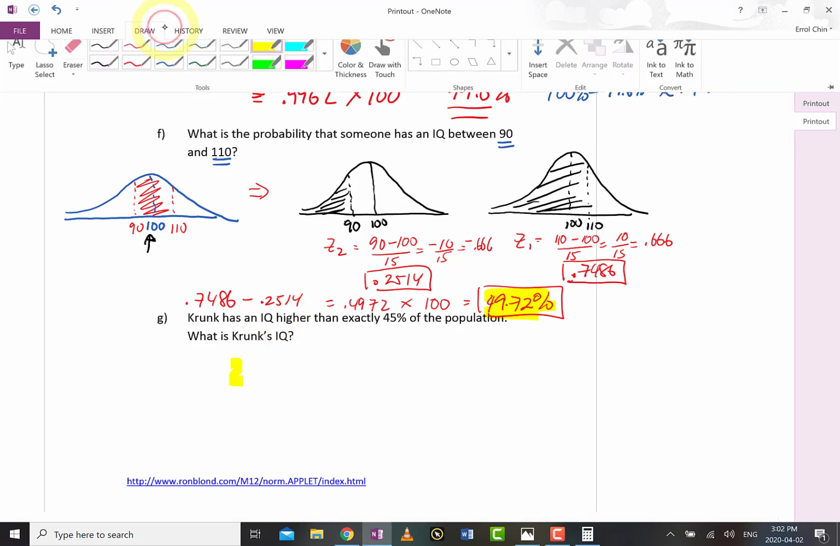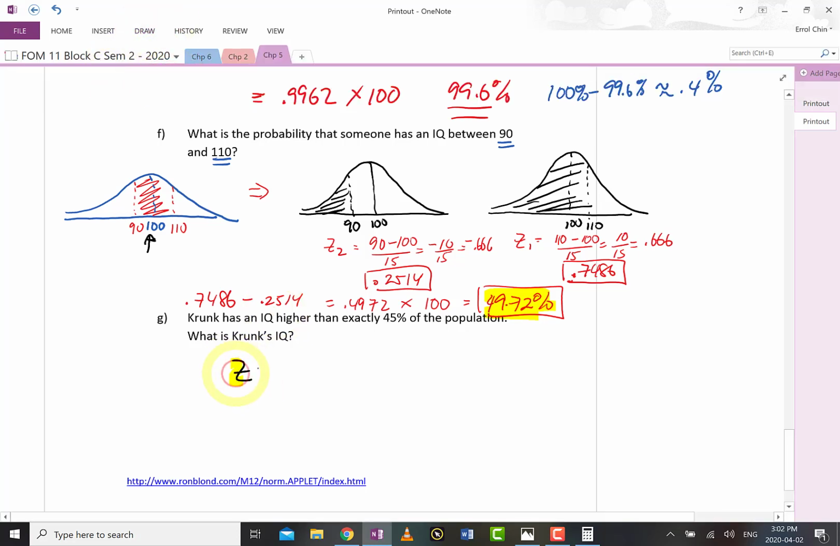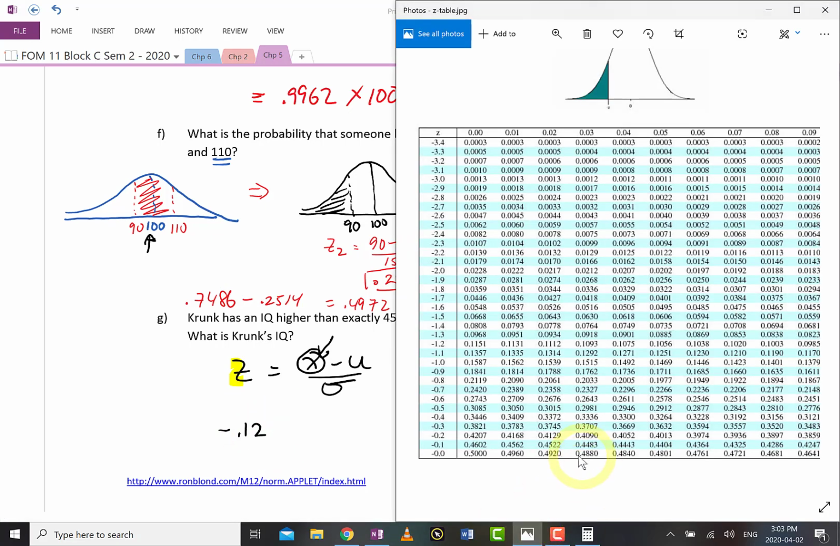So Z is equal to x minus mu over sigma. This is what we're looking for. We're looking for this guy. We know that the Z value that would give you 45% is negative 0.12. So I just want to make sure you saw that. Okay, 45%, that's 0.4522. Well, the way you read that is negative 0.1, and another decimal of accuracy would be